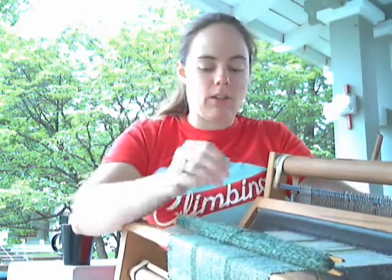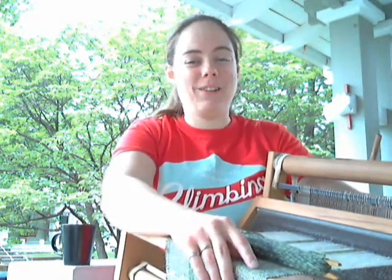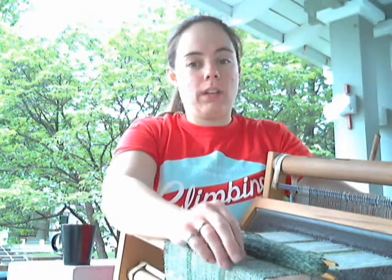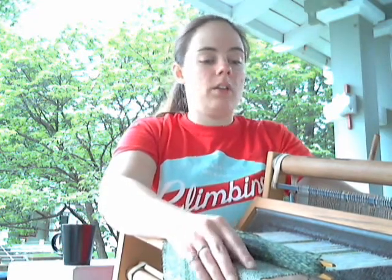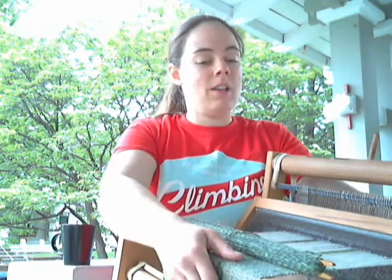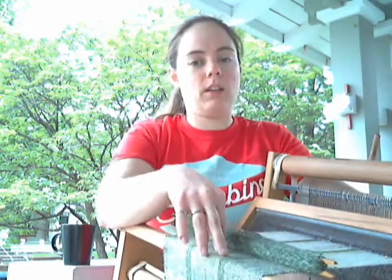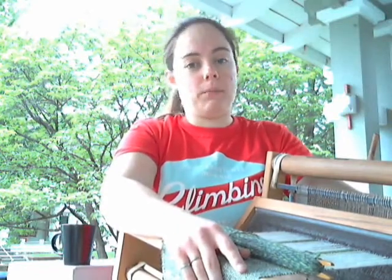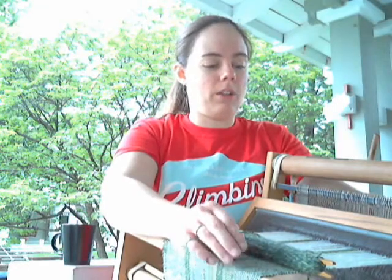So this will be another thing that I would hope to get close to done for the end of Stash Apps, but based on the investment of time that I needed in order to warp this stupid thing, these scarves I really want to knock out quickly because I want to return the loom to my mother-in-law sometime soon. It will probably be increasingly challenging to return the loom to my mother-in-law after mid-June. So one of the projects for this week will be to figure out all of the things that I need in order to make my own warping board, and then I'll end up giving the warping board to my mother-in-law. And I'll have to make it so it's pretty easy to disassemble or something like that, just because it is...